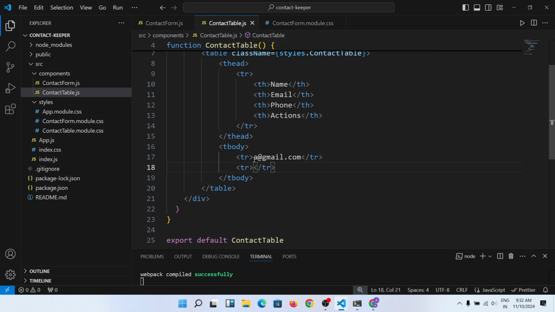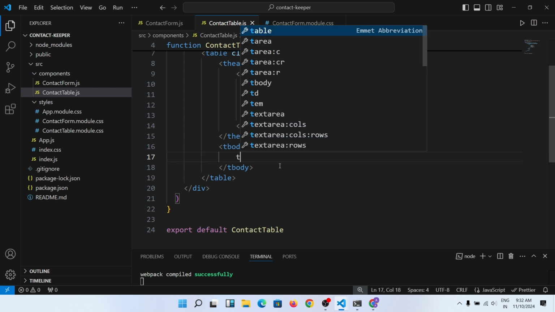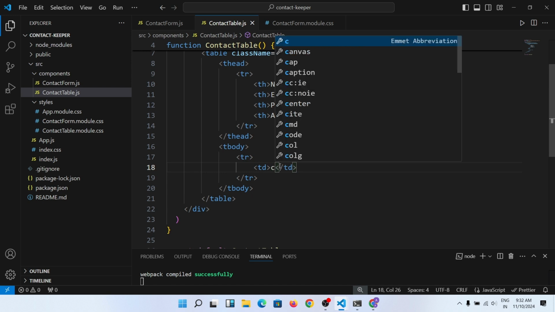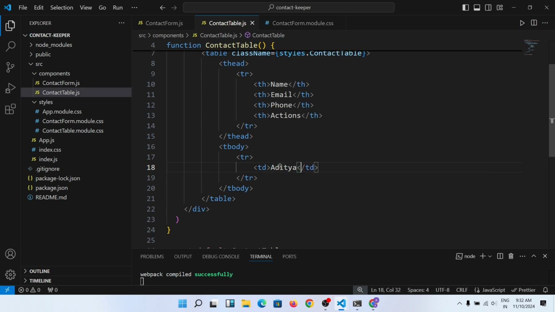Then, oh sorry, it is table row, right? Data should be in table D, and name, let's say it's Aditya. Then the email is a at the rate gmail.com. The next thing is the phone number,